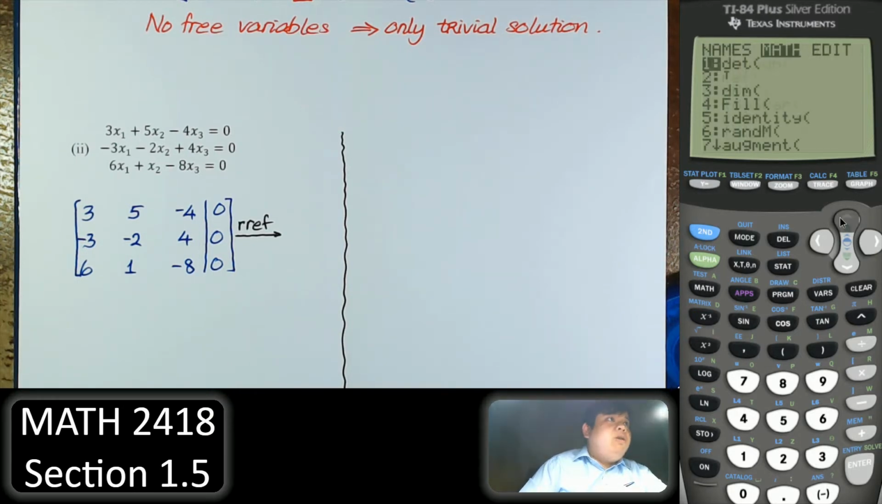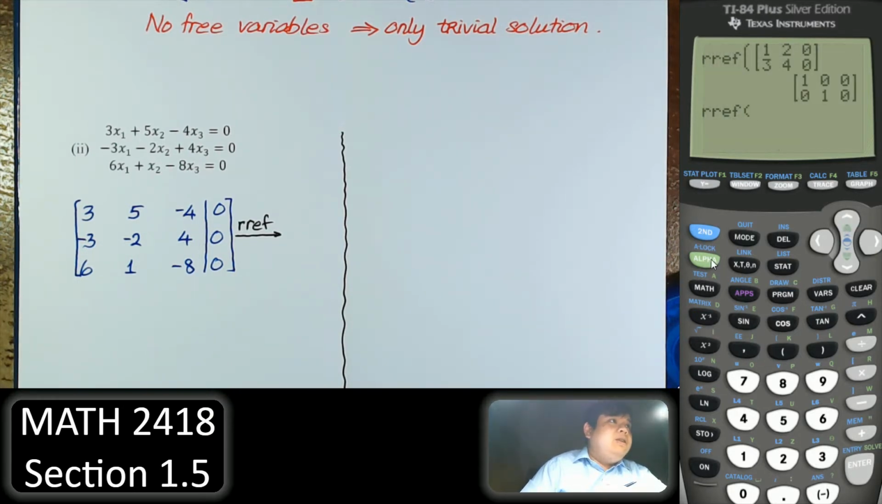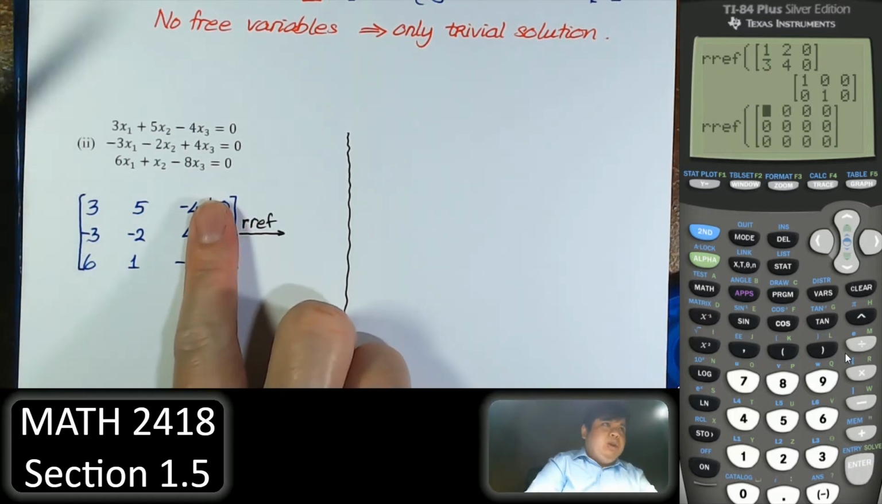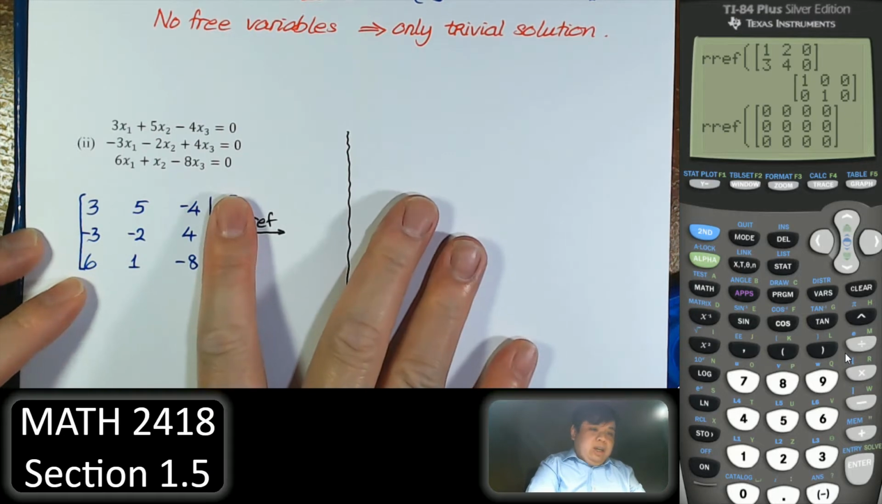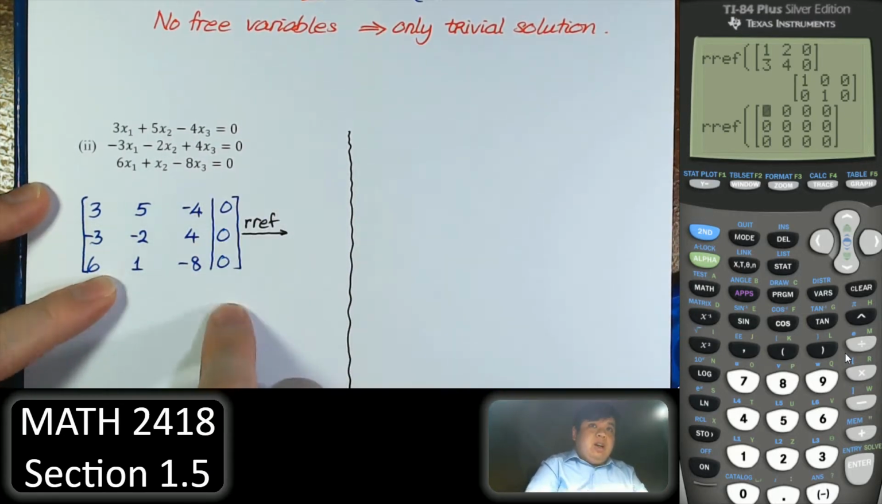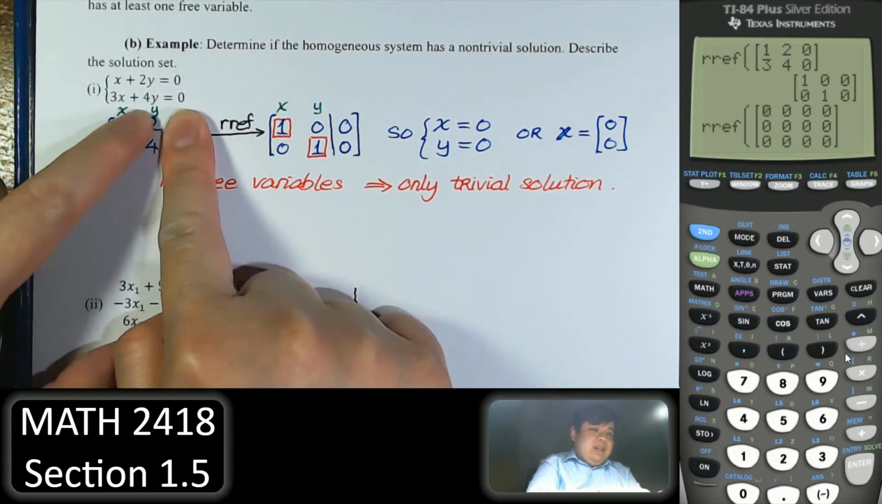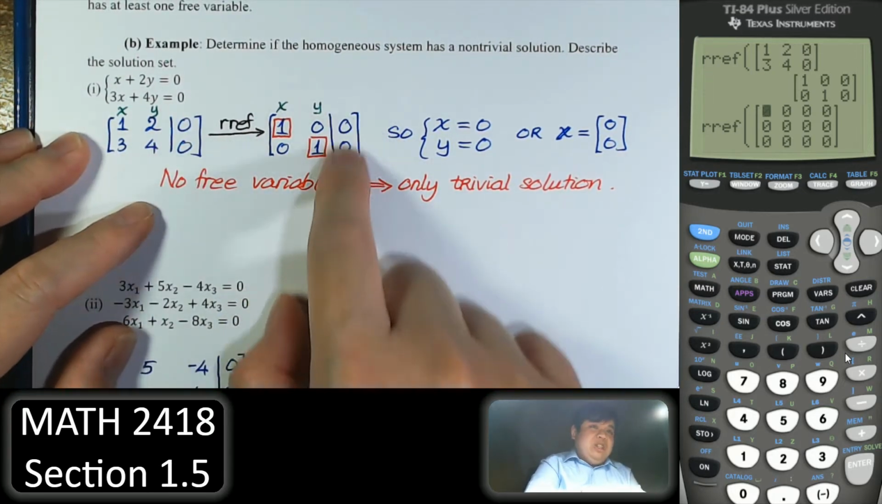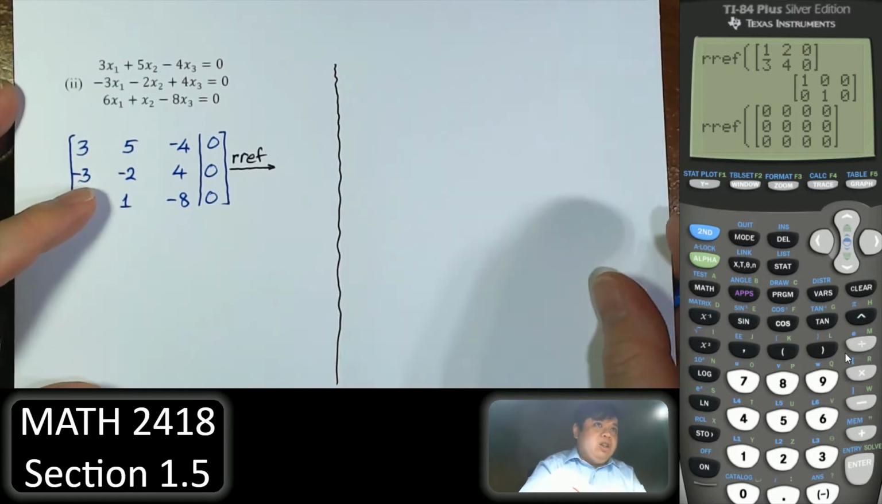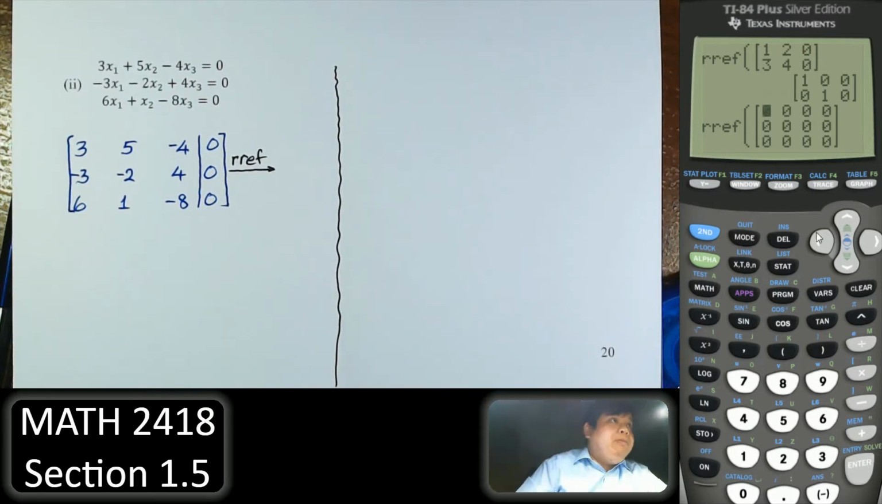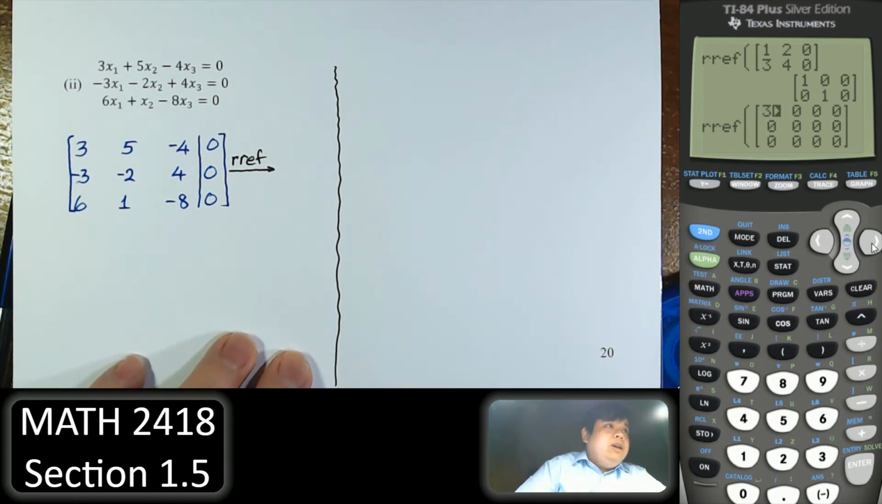Reduced row echelon form. It is a 3 by 4, but we don't really need to put 3 by 4. We just put 3 by 3 because the last column is 0. It doesn't matter what we do, it's still 0 at the end, regardless of the operation that we do. So here 3, 5,